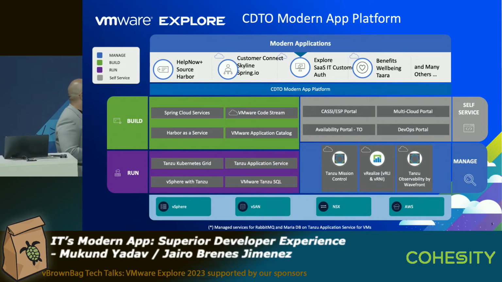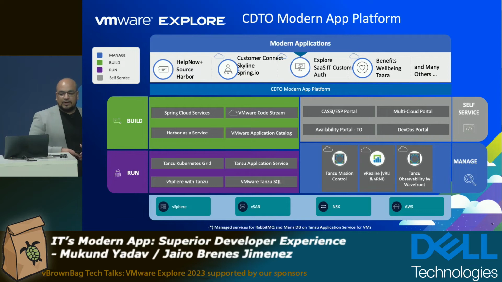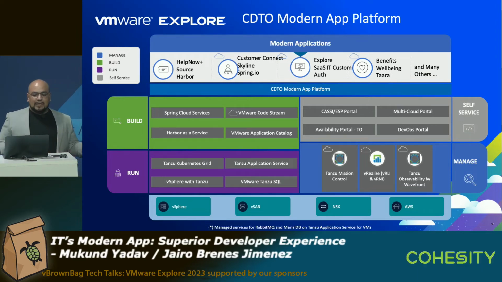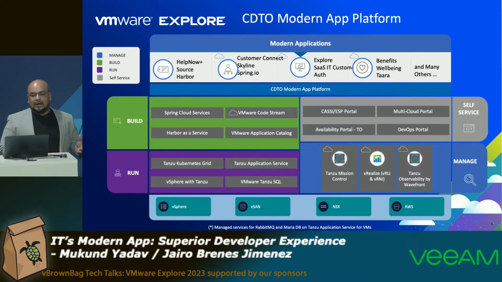For the run part, we have different platforms like TKG, or Tanzu Kubernetes Grid, which is basically our flavor of Kubernetes. It's extensively used and very well accepted among all the developers. We also use TAS, which was formerly Cloud Foundry, or PCF. TAS is also a very stable, very good platform. It has a lot of benefits. Those are 2 of the main platform applications we support in our group. We also have vSphere with Tanzu and VMware Tanzu SQL. So we offer those services, and they are out there.